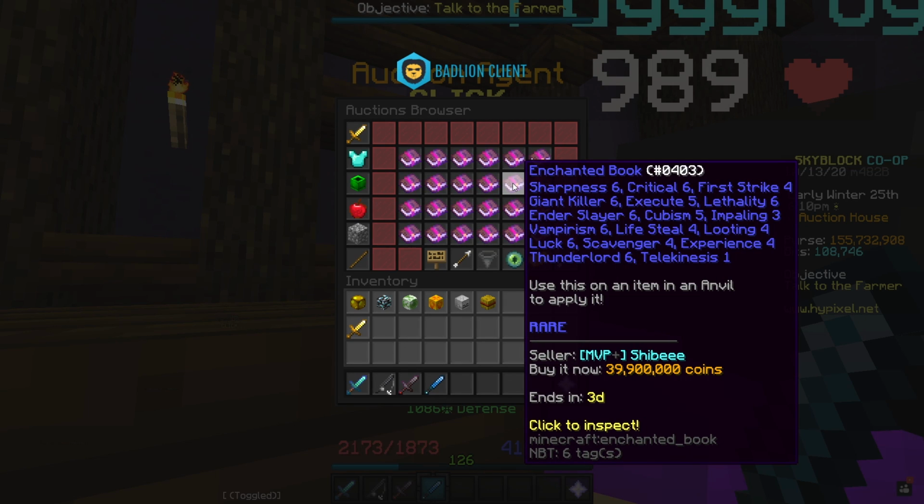And you know what we're going to do? We're going to completely max out the aspect to the end, because why not? So we're going to buy a Sharp 6, Critical 6, Giant Killer 6, Ender Slayer 6, a completely maxed out God book. We're spending 40 million coins on this book,